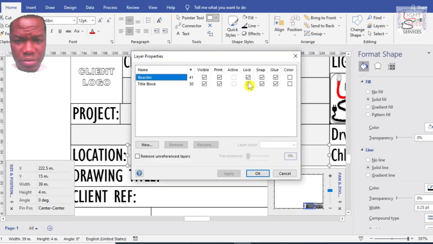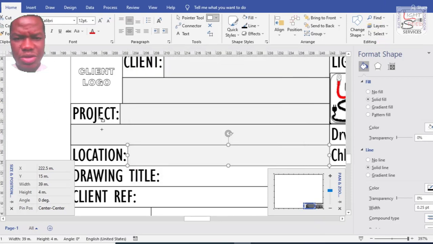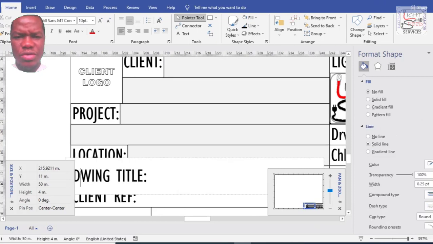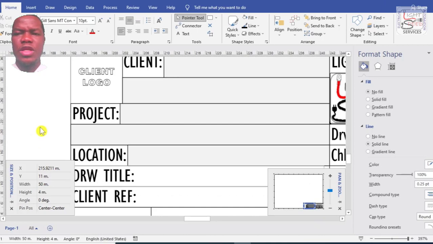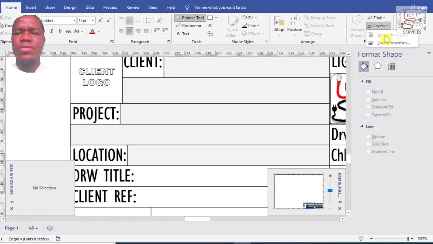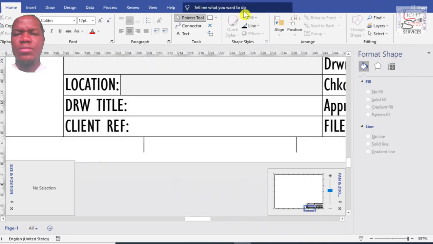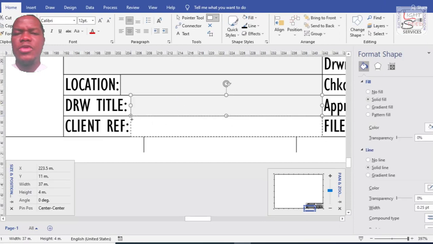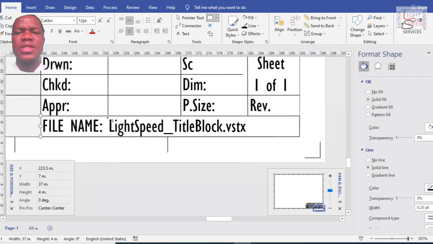Another correction. The drawing title is too long, so I think you just make it drawing title. Yes, this is better. Lock the layer once again, and then continue inserting the text box. Do the same on this side. These ones are going to take just initials, so they don't need a lot of space, but you're at liberty to do however it pleases you, so you can make more room for a full name.